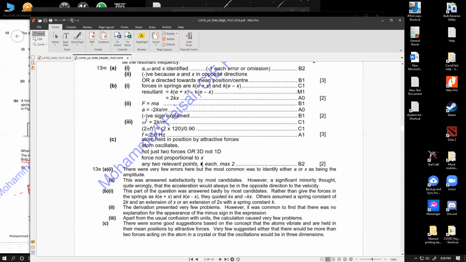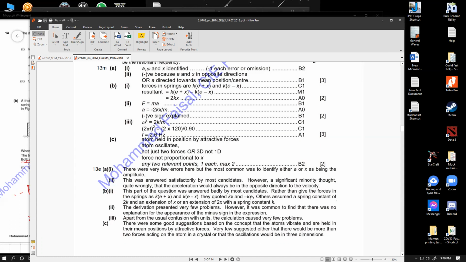This is weird. Force is supposed to be proportional to x, right? If we consider the mass is constant. Okay, if we consider the mass is not constant, the force would not be proportional to x. But for a single atom, the mass is to be constant for the oscillation behavior. I mean, the motion of oscillation was not going to cause change of mass.